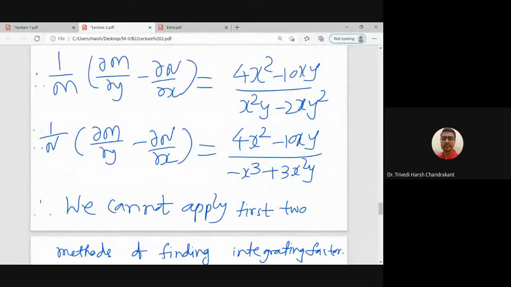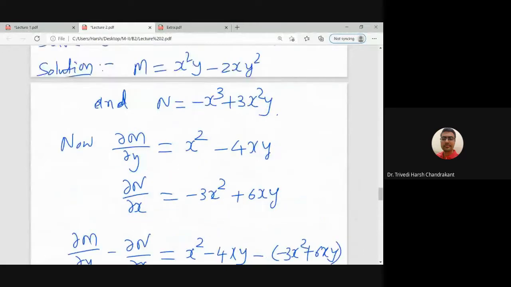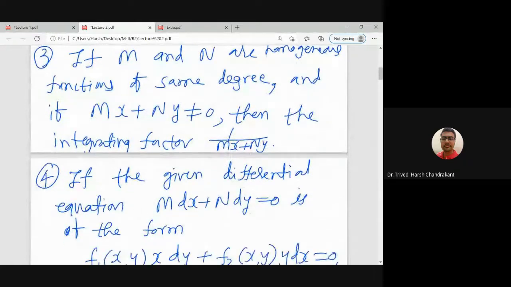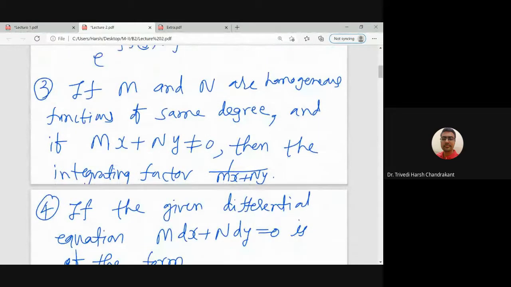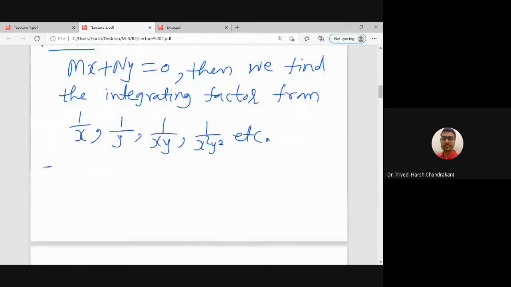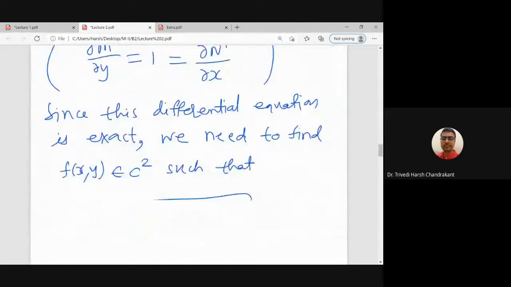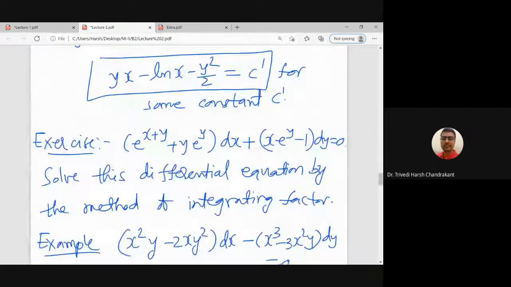So what is the third method? The third method is that whenever the coefficient of dx and the coefficient of dy are homogeneous functions of the same degree, and this quantity, mx plus ny, is not identically zero, then its inverse is the integrating factor. So here in the second example which we are discussing,